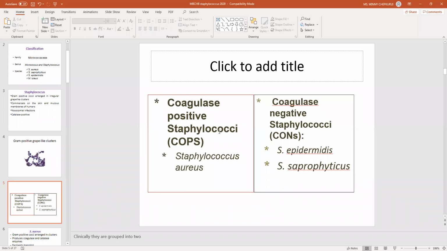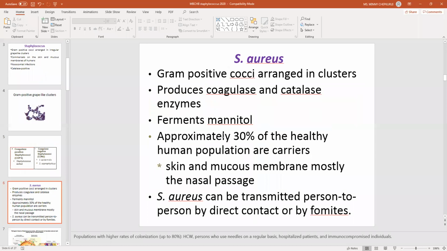So you will see that, from the first layer, once you've differentiated the staphylococcus from the streptococcus, your next step would be to use the coagulase test to differentiate among the staphylococcus species. And here you'll be able to separate the Staphylococcus aureus from the other Staphylococcus species. So let's start by looking at Staphylococcus